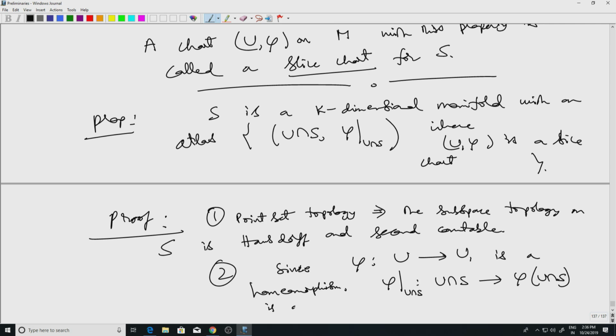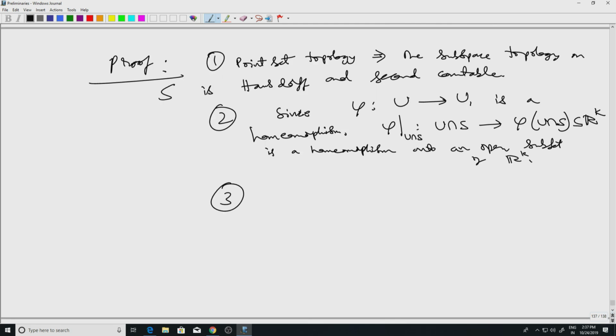This is a homeomorphism, but that's not saying anything much. The point is that since it's a slice chart, this is onto an open subset. This is the main thing. So this is an open subset of R^k. This is onto an open subset of R^k, and then as for the transition maps, let's take